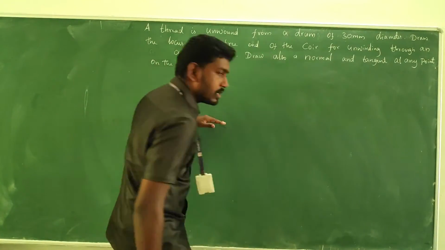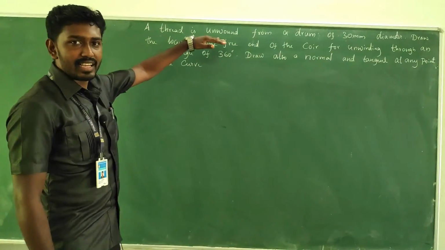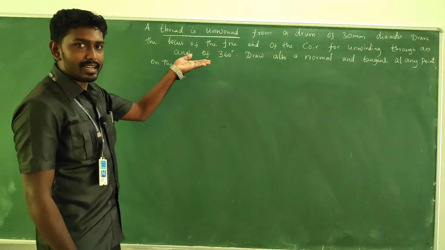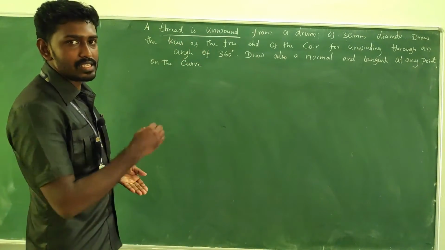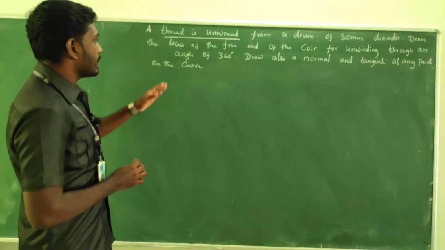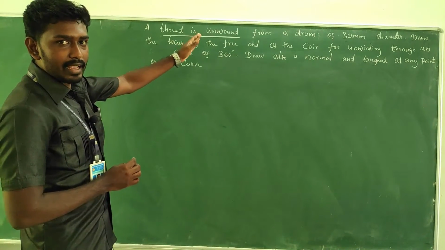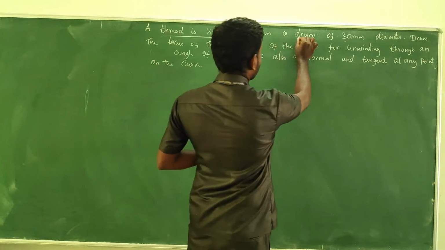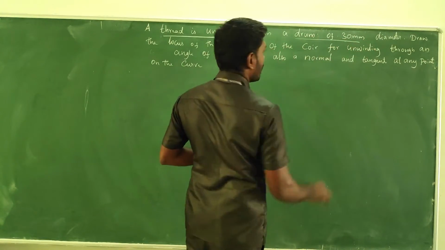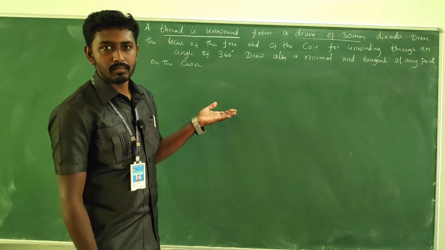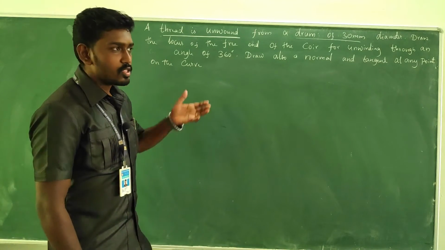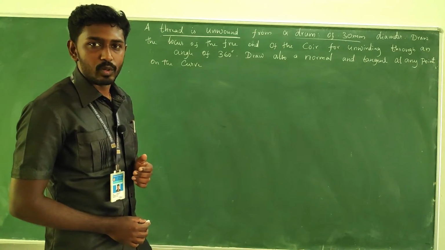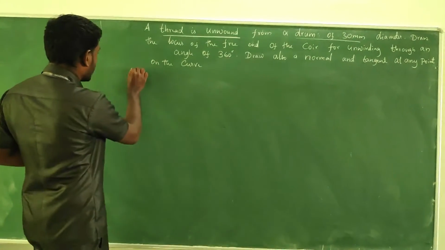So first we must identify the curve. Here the thread is unwound. So it is a crystal clear word, right? Thread is unwound. So we can say from this word the given curve is an involute. Then what about the drum of 30 mm diameter? It's a circular shape, right? So they are asking us to develop a circular involute, right? Fine. So given